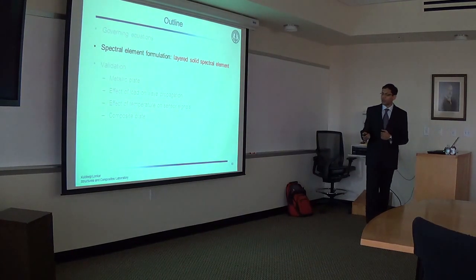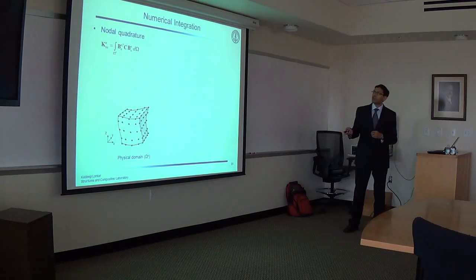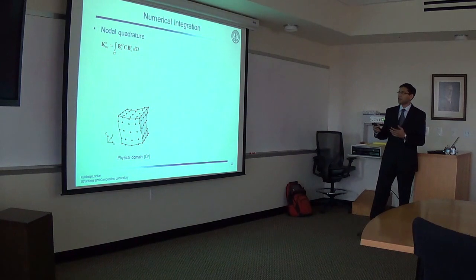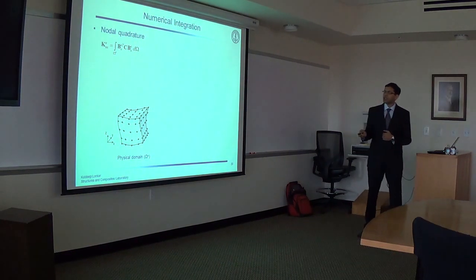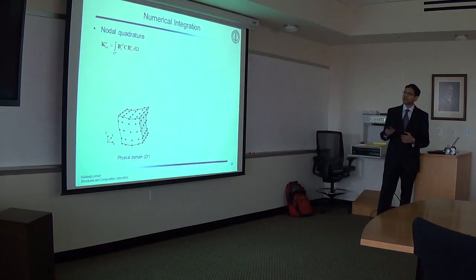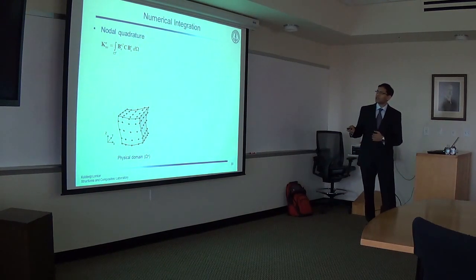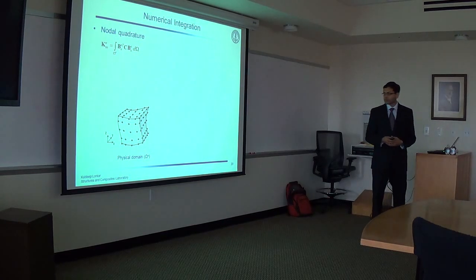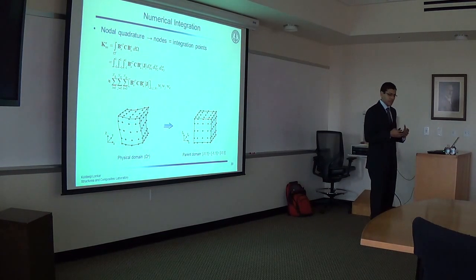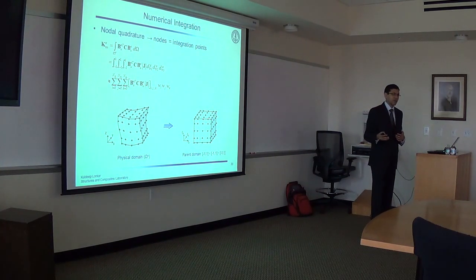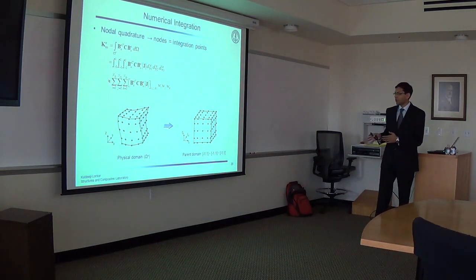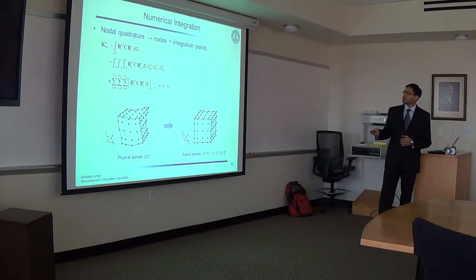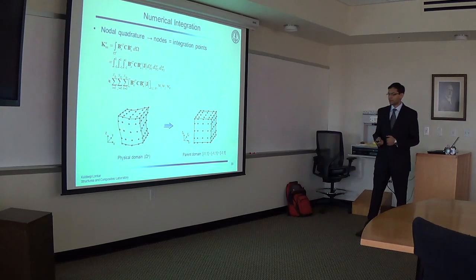So before I show you this formulation, let me quickly describe how we evaluate this integral for all elements. For example, let's consider the mechanical stiffness matrix for element E. Here B is the strain displacement matrix, C are the elastic moduli, and omega E is the physical domain of the element. It's inefficient to evaluate this integral in the physical domain, so what we do is we transform it into parent domain, which goes from -1 to 1 in all 3 directions. And here J is the Jacobian matrix of this transformation.